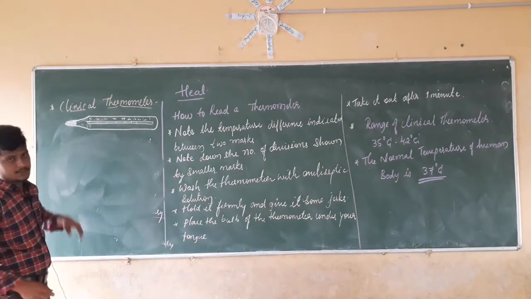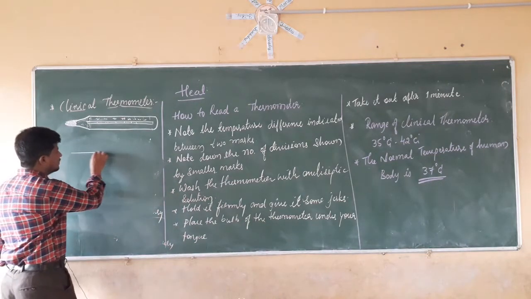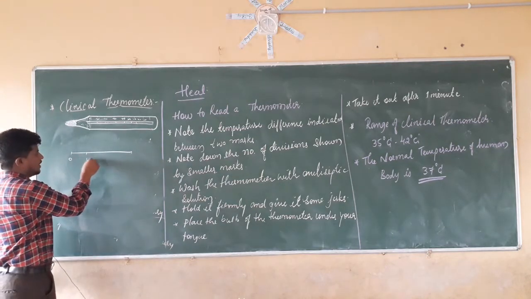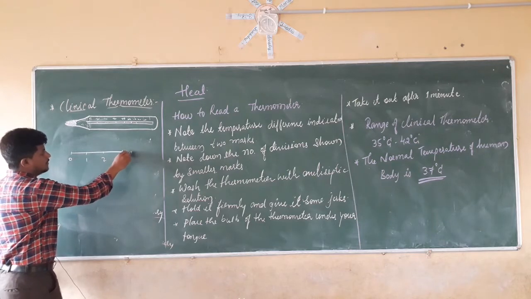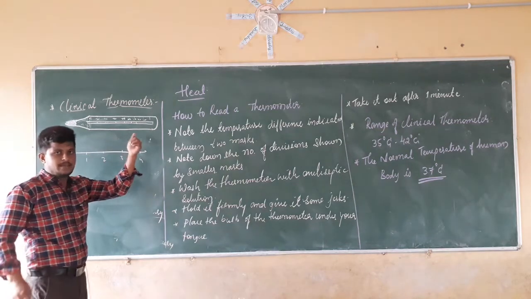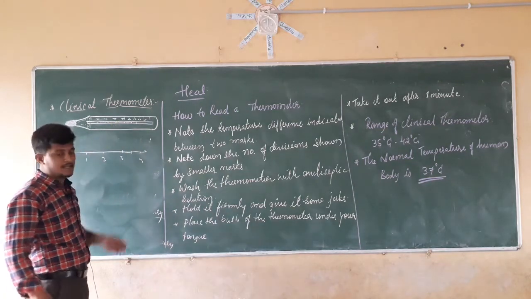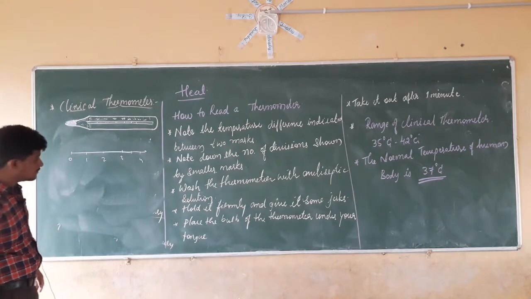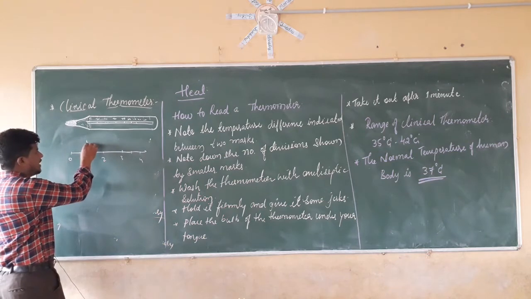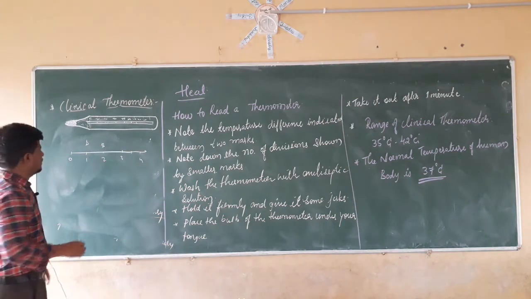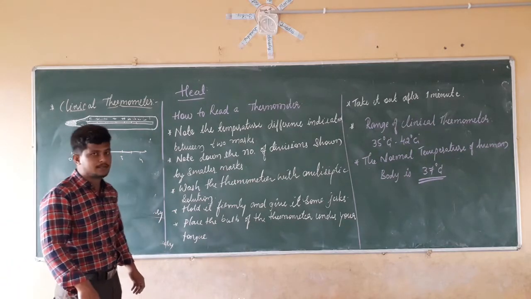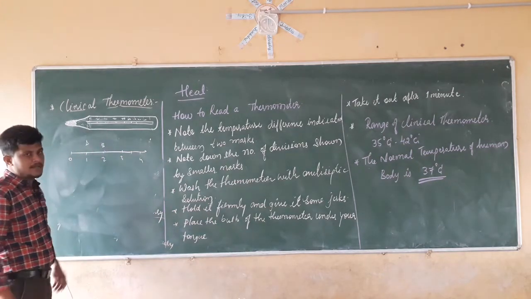Now we have a scale here. We can take our scale, a scale of 15 centimeters. It starts from 0, then 1, 2, 3, 4, and so on. Like this scale, there will be a scale inside the clinical thermometer, and we have to read it. Now you have to check the length between 2 points, A and B. From A to B, it will be 1 centimeter.